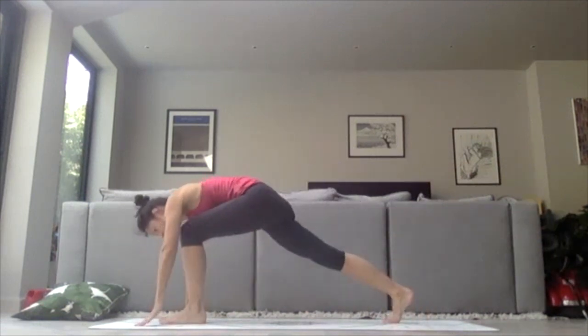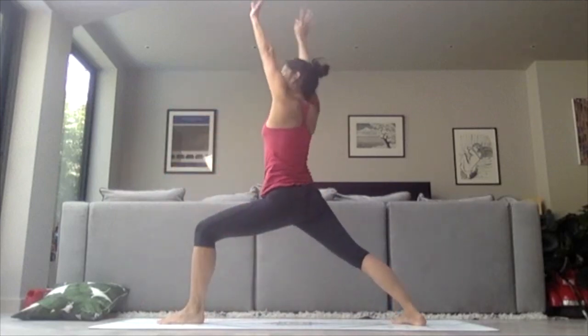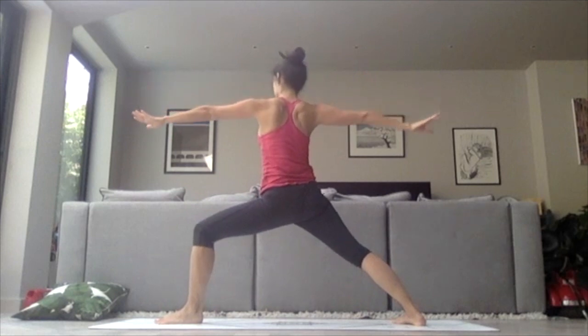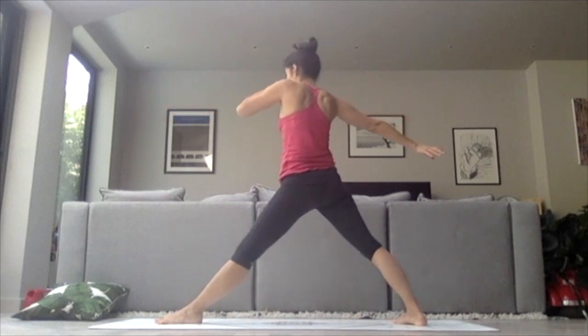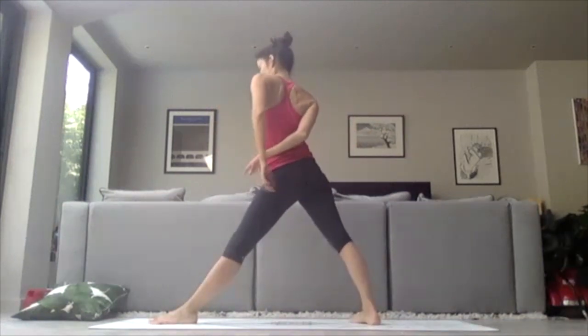Inhale, left foot forward, back to the ground. Slowly rise up, warrior 1. Exhale, open arms and hips to warrior 2. Inhale, straighten that front leg for a moment. Bring the back foot in a couple of inches, wrapping the right arm behind you, grabbing hold of the left